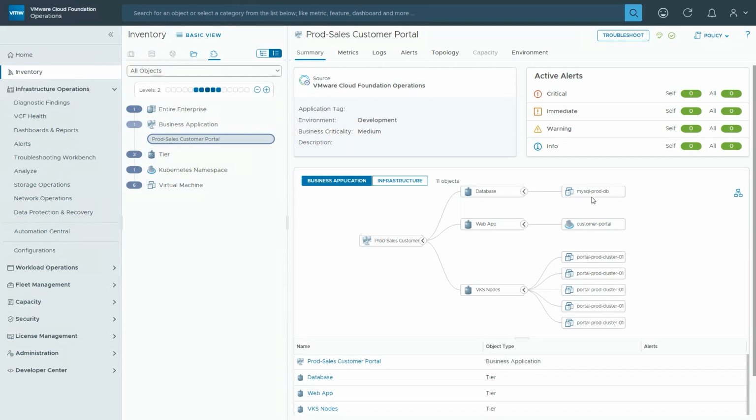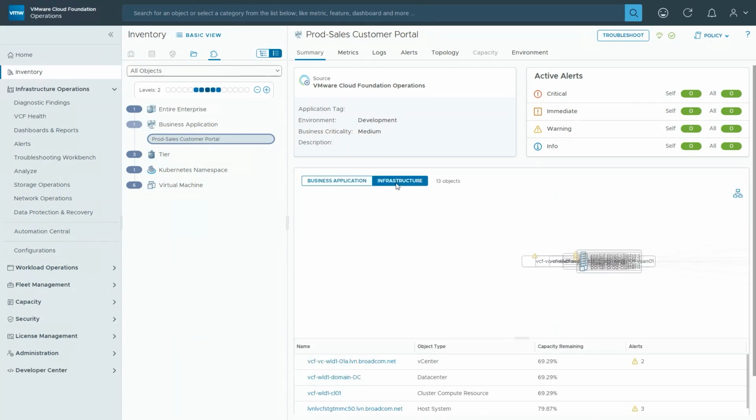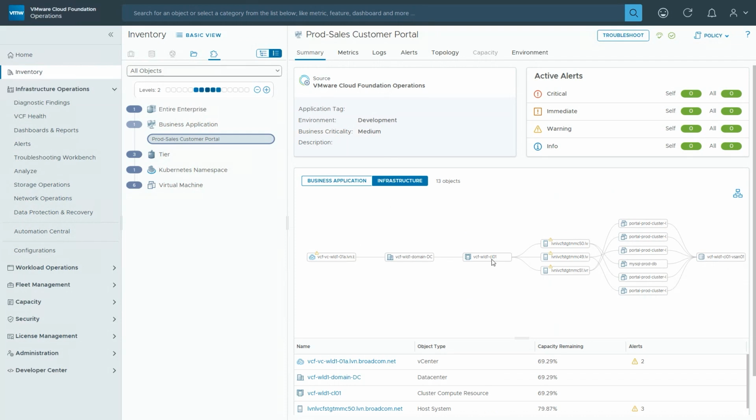It's running on a virtual machine. Then we have the web app tier, that basically runs in a namespace, which is customer portal on the VKS cluster, and then the VKS cluster nodes. So we see 5 nodes here for the VKS cluster for this production application. If we click on the infrastructure side of the topology, we see the cluster it's running on, we see the host it's running on, and then we see all the cluster nodes as virtual machines running on their respective ESXi